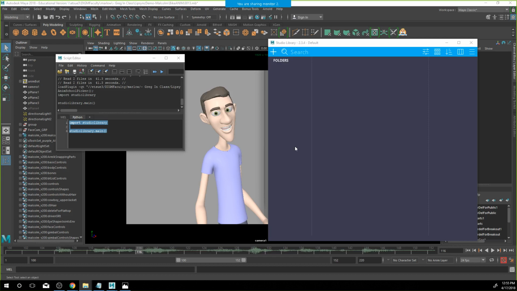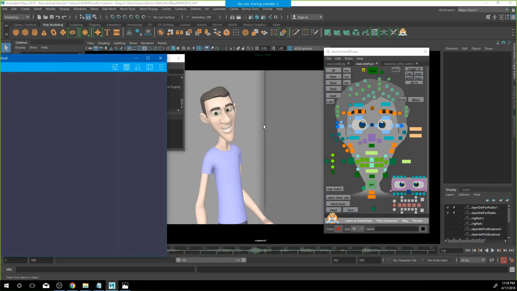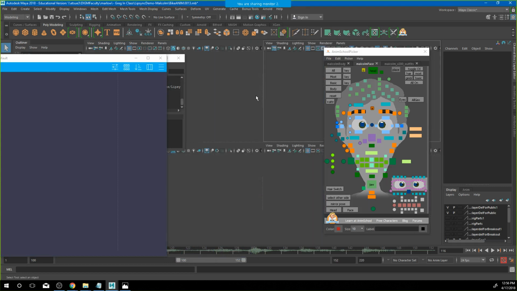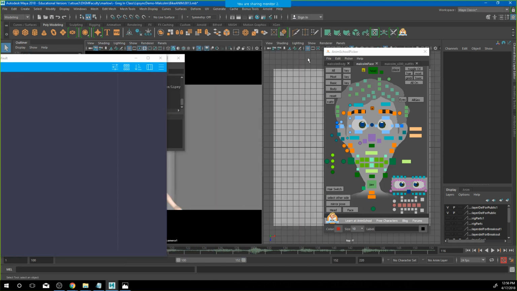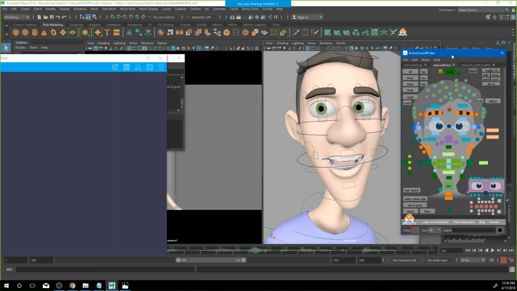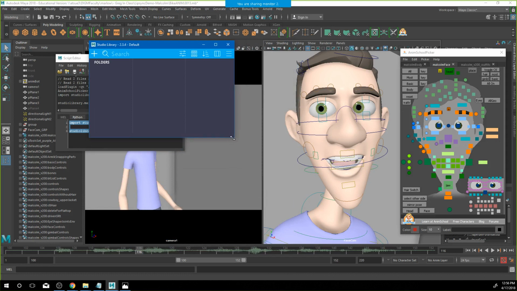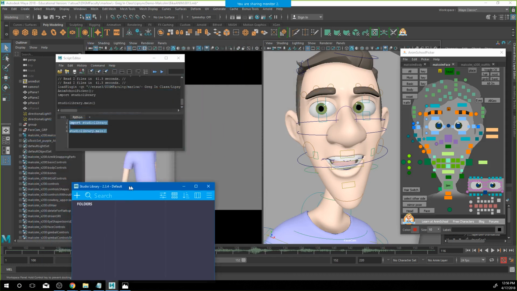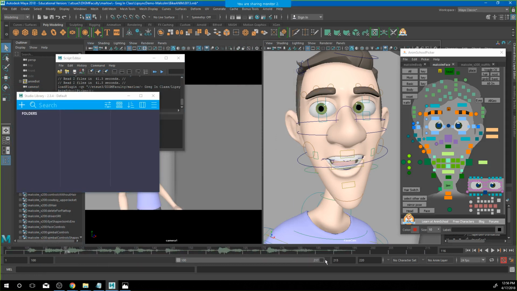Now, we already have our selector here, right? Our picker. So panels, layout, side by side, and then this one is face cam. There we go. So we already have most of these things in here. I'm going to slide this smaller and just start showing you how this works by animating the second half of this shot, right? Which is the